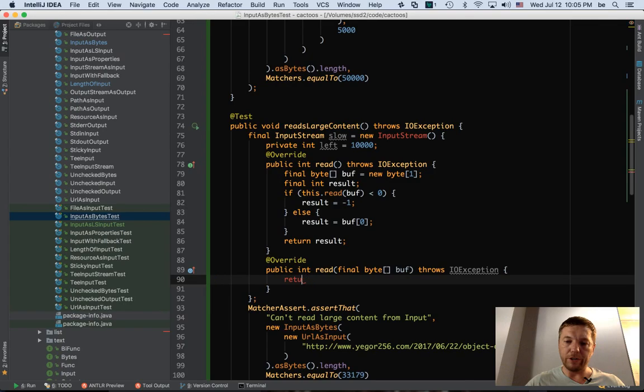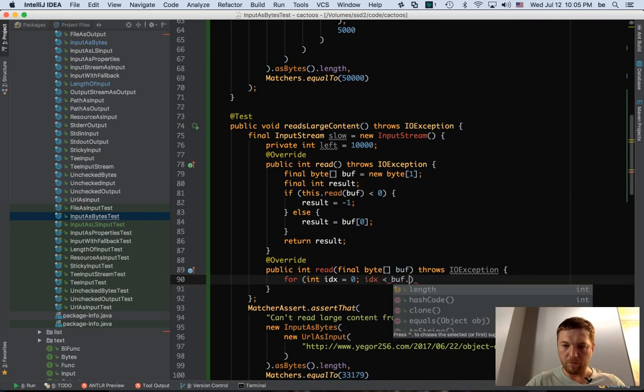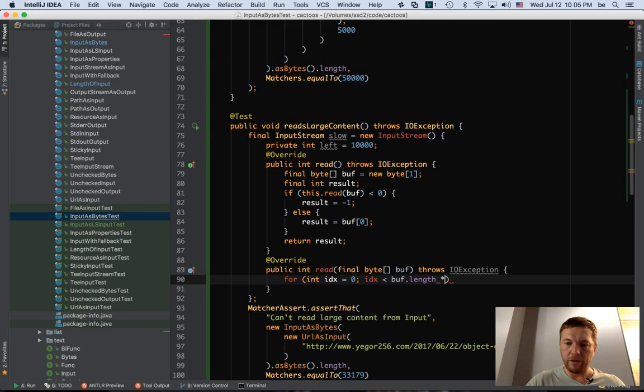And here it's going to fill: for int index 0, index less than buff length and index less than left.